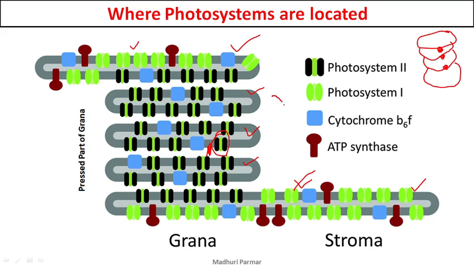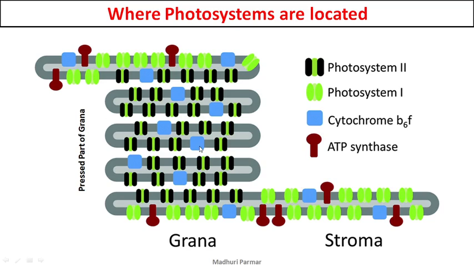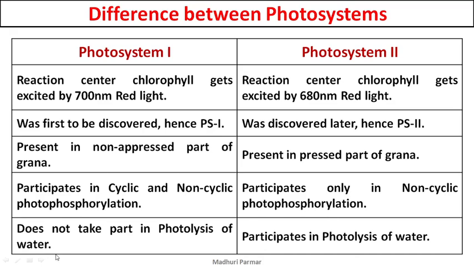This here is called the pressed part of the grana, because it is pressed, sandwiched between two layers. And these parts are called the non-pressed part. Opposite of pressed is non-pressed, it literally means not pressed. Clear? So it is the non-pressed parts of your grana where you find photosystem 1. Clear this much? Knowing all of this, let us now